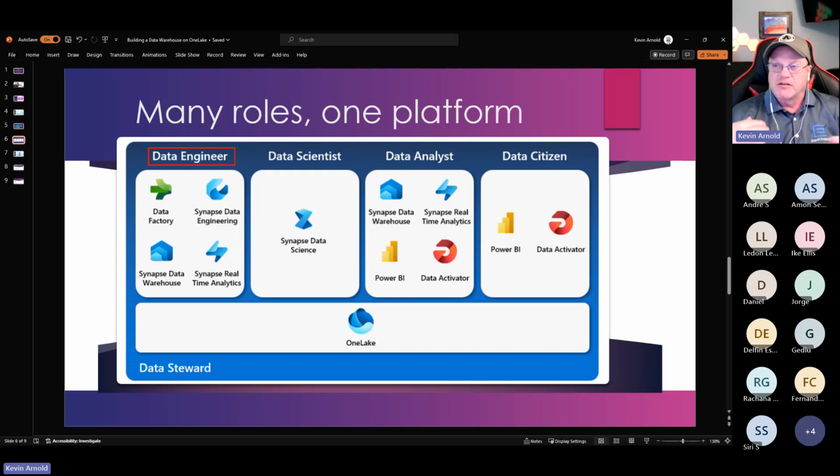So hopefully, with that a little bit different definition, everybody is thinking they're doing data engineering work. Fabric itself opens up more possibilities for doing this data engineering work. We have Data Factory here. We have Synapse Data Engineering, which is going to be your notebooks. Again, we'll focus more on the data warehouse, which is your T-SQL side, and Synapse Real-Time Analytics.